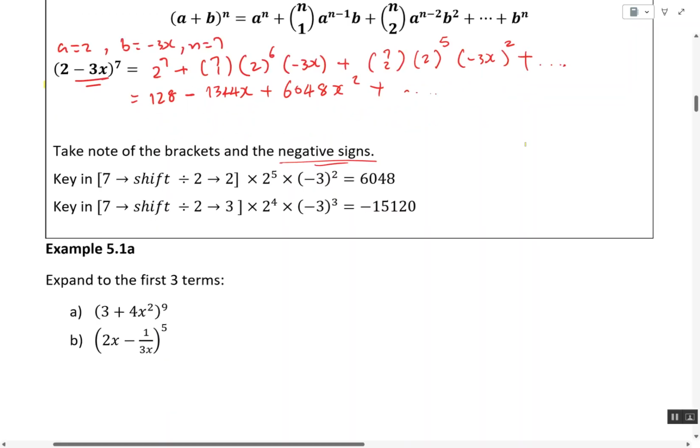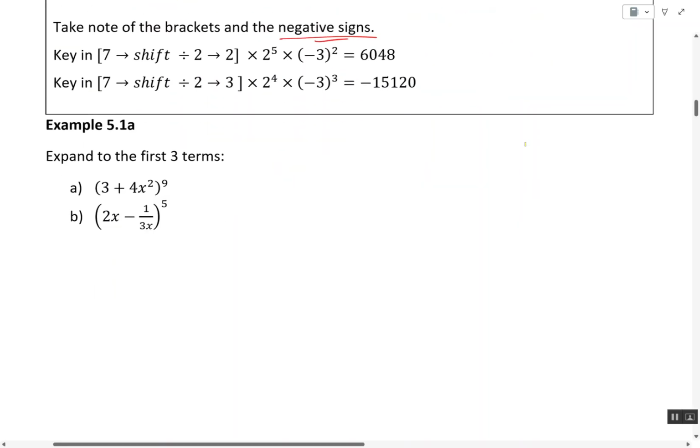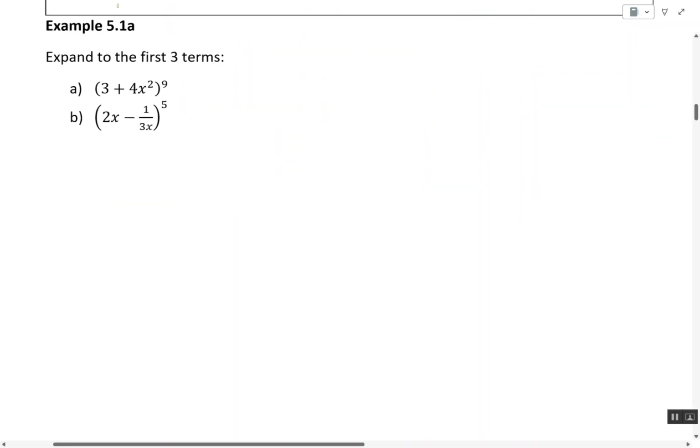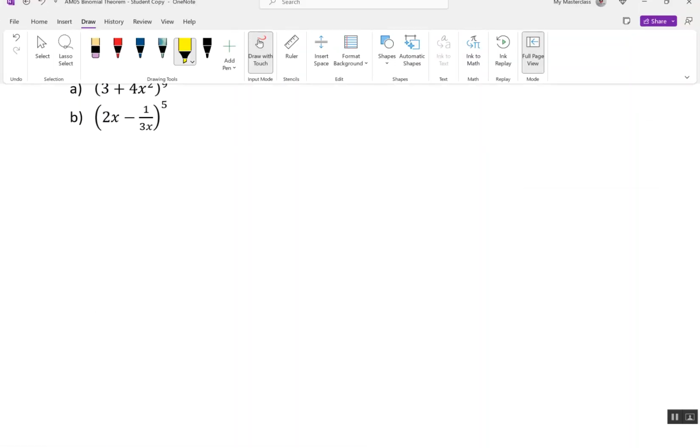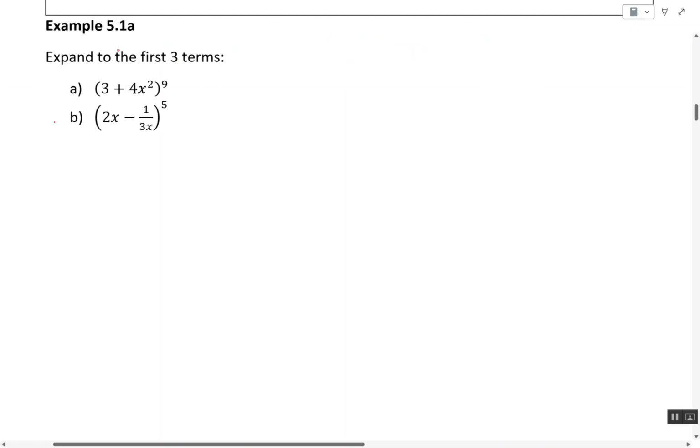Okay, can? So what I want you all to do now is to pause the video. Take some time, try out the example over here. Once you're done, then you all watch through the next part of the video. This is where I'll go through the examples with you all. So very simply, again, just expand and plug in the values. So for this first question here,